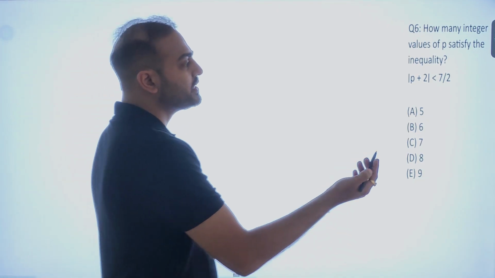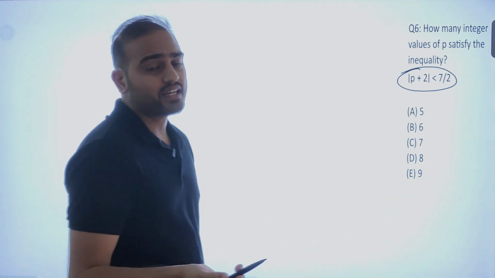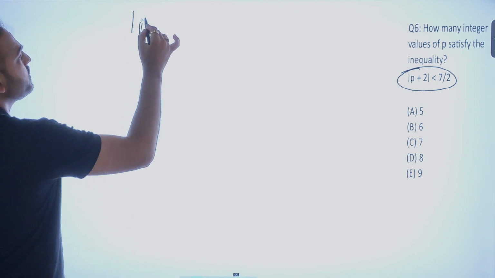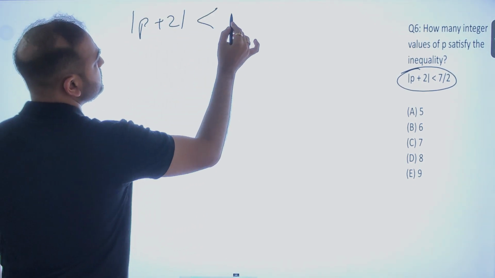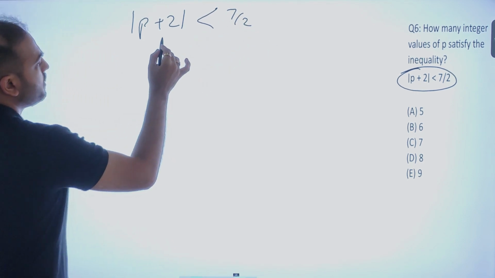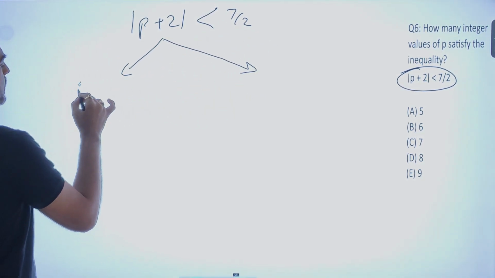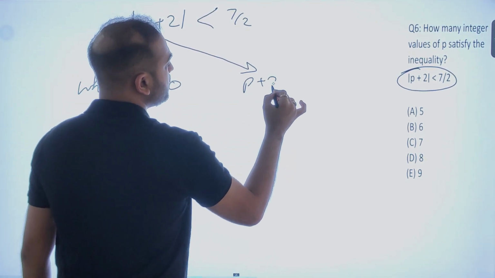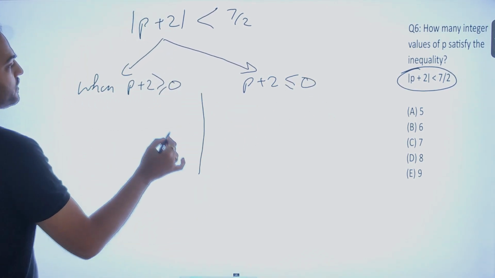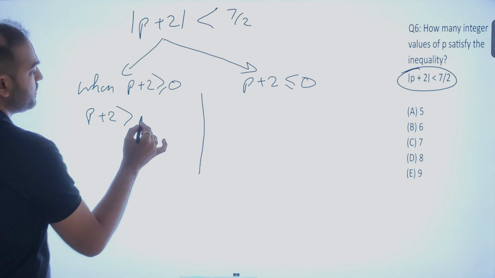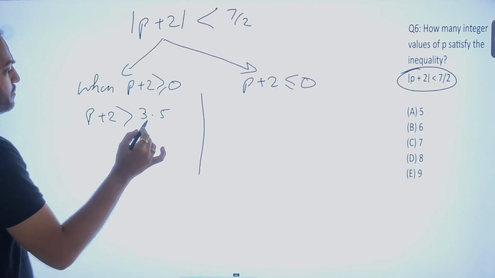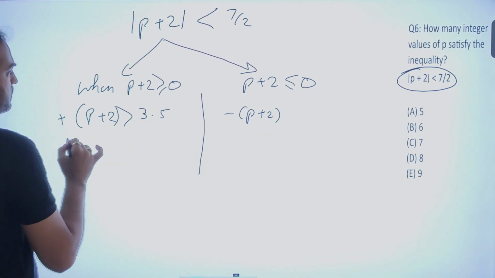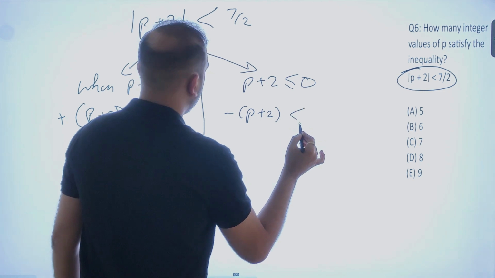Again, if you see, this is modulus with an inequality, but that does not change our approach. Single modulus, we use the plus minus method. So modulus p plus 2 is less than 7 by 2. Break it into two parts. Write down the condition when p plus 2 is positive and when p plus 2 is negative. Right? P plus 2 greater than, I'm just writing it decimal, 3.5, and minus of p plus 2, okay, I'll just put a plus sign here, right, is less than,